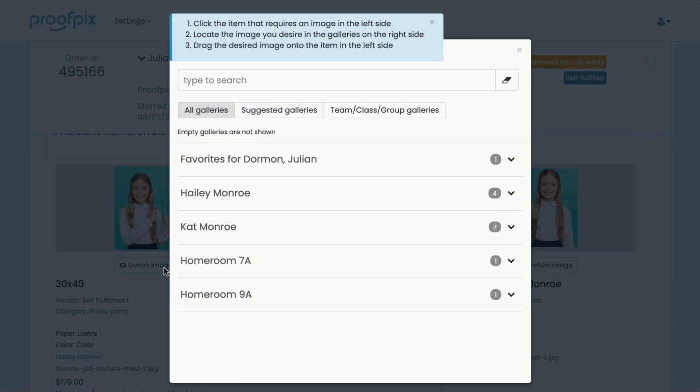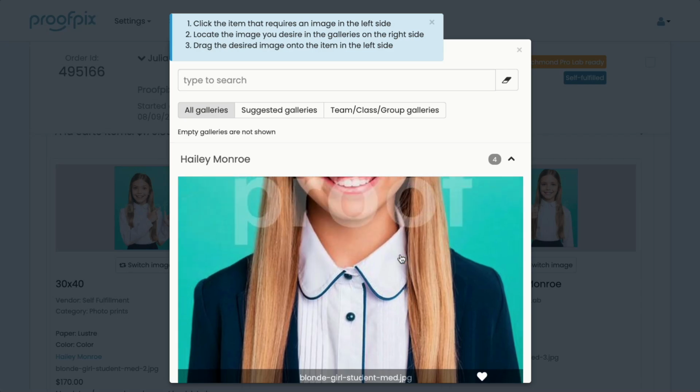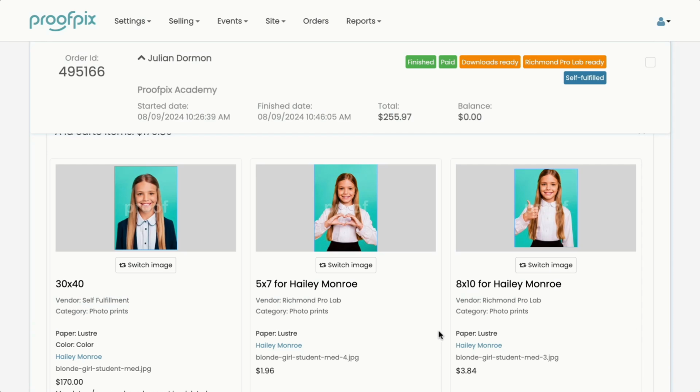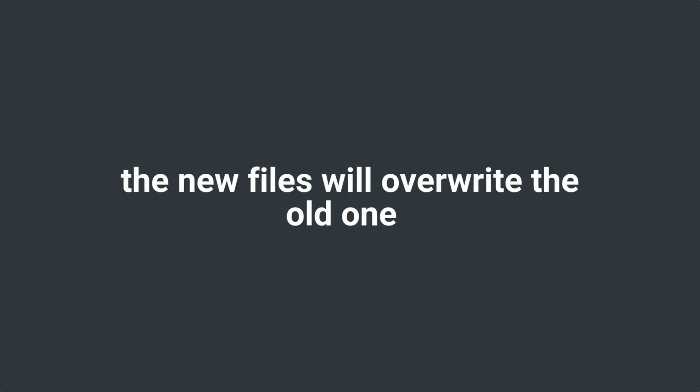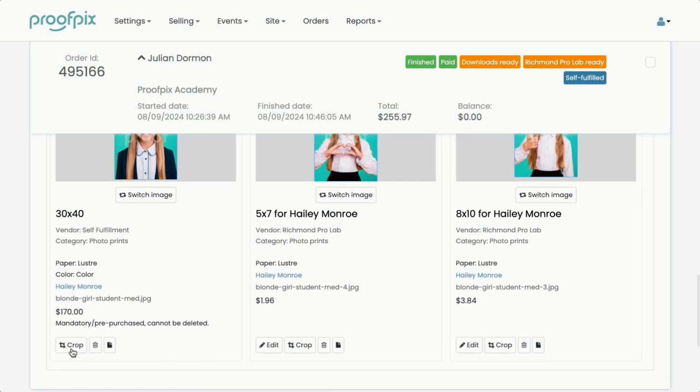If you do your editing after orders are received and you use different file names for your edited files, then you will first need to upload the new files into the appropriate galleries. Then you will need to switch them here. A much faster approach is to maintain the same file names when you edit your images. Then you can upload them all at once. Since the new files will overwrite the old files with the same name, the new files will automatically appear in the order. You may crop images using this button,